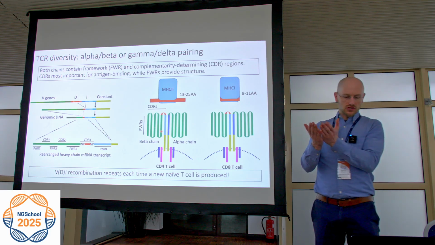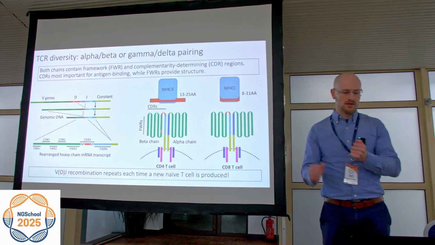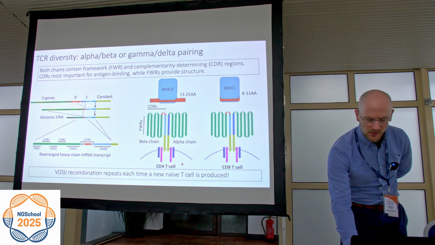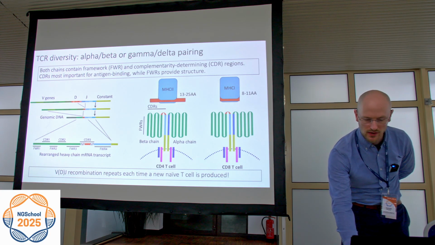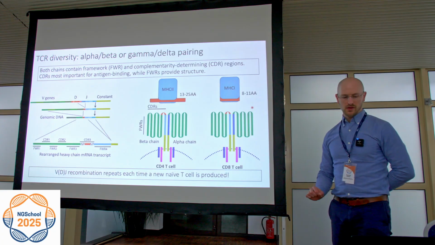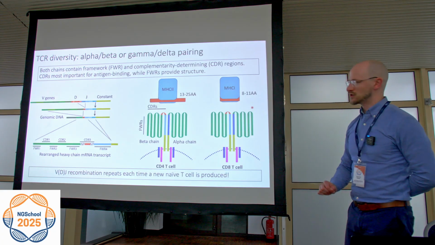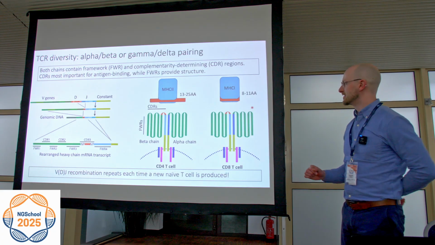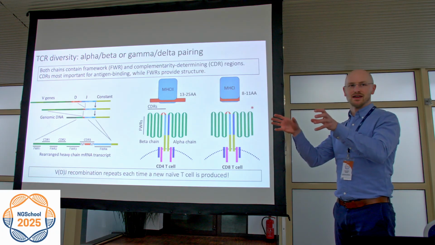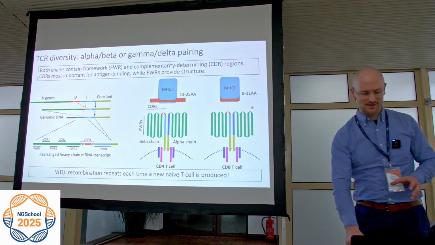And both the alpha chain and beta chain are expressed on the surface of the T cell. If it's a CD4 T cell, this would bind to MHC class II plus presented antigen. And if it's a CD8 T cell, it would bind to MHC class I. So MHC class II and class I are often described as being like hot dog buns, where the MHC